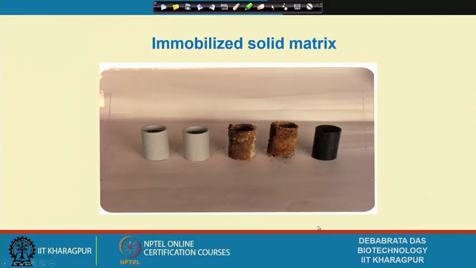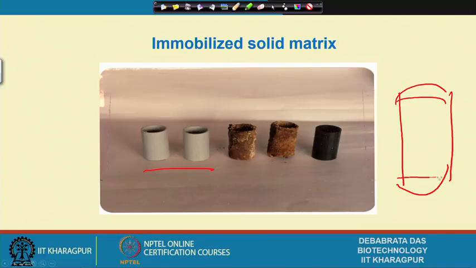Now, as I told you, if you look at the solid matrix, the polypropylene chloride looks like this. This is 1 inch in diameter, and we cut it 1 inch by 1 inch, into different sizes, this size, then we pack it in the solid matrix. So, it looks like this: in the solid matrix we pack this material, and then we prepare the cell